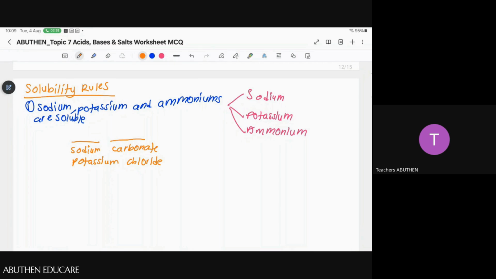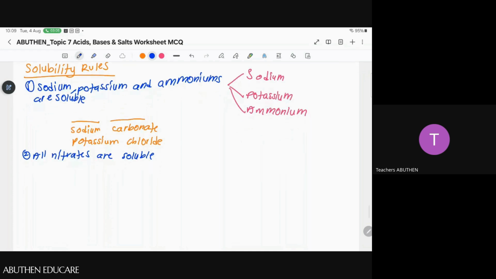Second rule would be all nitrates are soluble. Nitrate basically will be the anion of the salt, so it's going to be the second part of the salt name. So every time you see nitrate at the back, it doesn't matter what is at the front, it is definitely soluble also. Rule number 3,